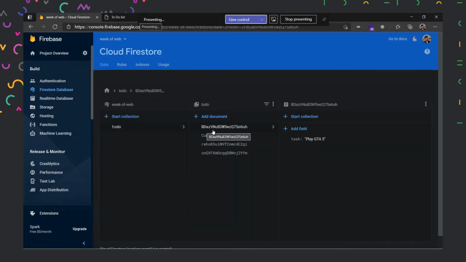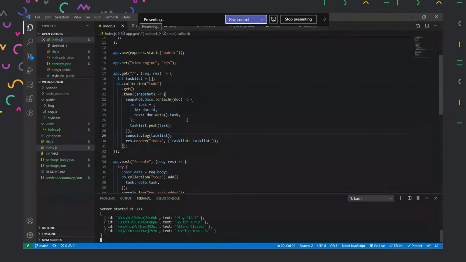Yes, it matches it. BDA we have. So like that, we have uniqueness defined in our database. And like this, our document collection method of NoSQL is helping us identify each and every document of our database. So now that is done. So yes, now what we have to do is get this data loaded in our front end.